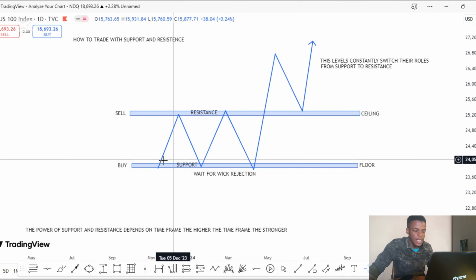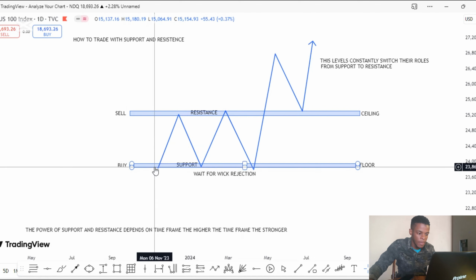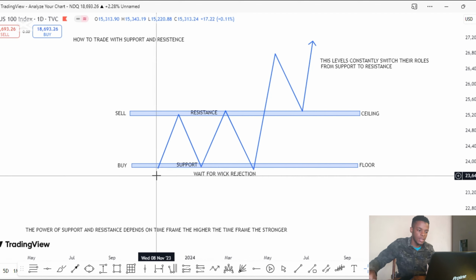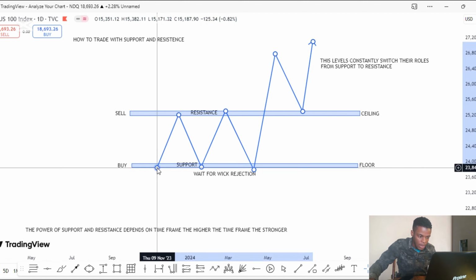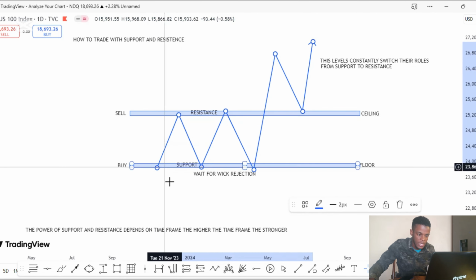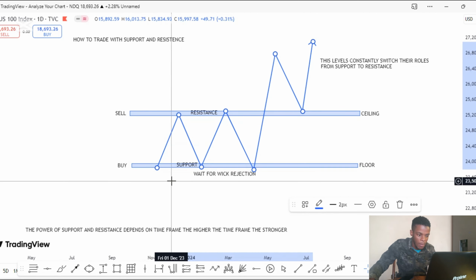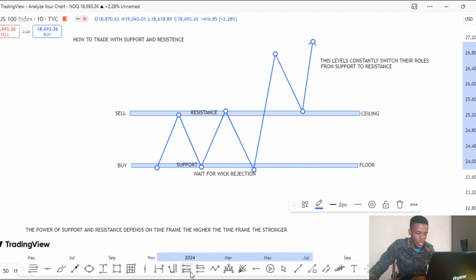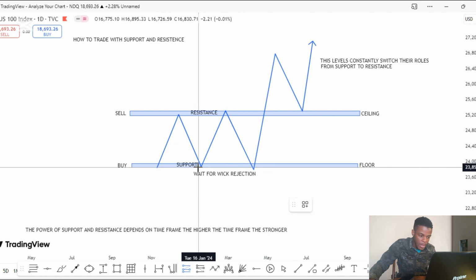What I'm trying to say here is that, to have a valid support, the market has to create a bigger move to the upside. As you can see here, for example, the market has created a bigger move and came here, which means this point here has now become our support. So when the market comes back to this point here,